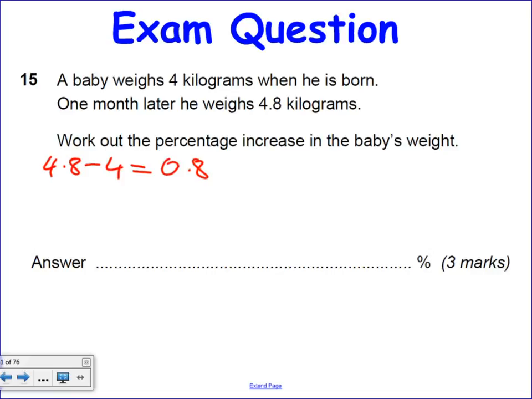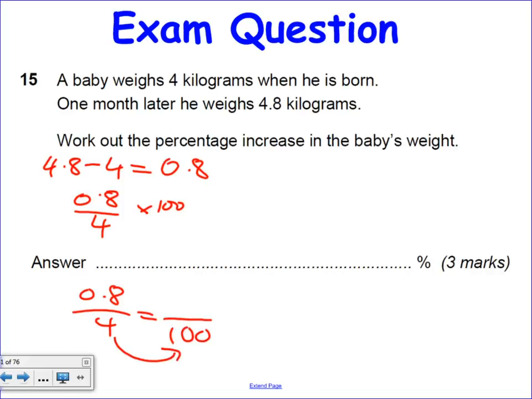Okay? You know what the format of a percentage increase or decrease looks like. So what am I looking at? What does it look like for a percentage increase? 0.8 over 4 times 100 is what would give us our answer. This might throw a lot of people, 0.8 over 4, and there's a couple of ways of dealing with it. We know a percentage is out of 100, so if I have 0.8 over 4, doesn't matter having a decimal on a fraction, and I want to go to 100, what have I done to get from 4 to 100? Times it by